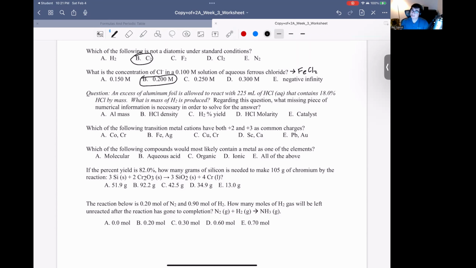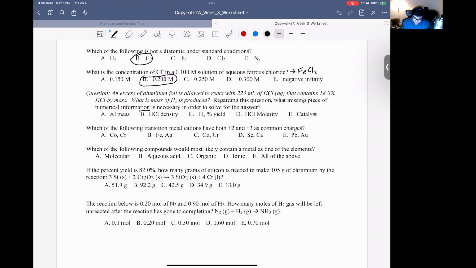So if you had the density of this, you could find the total mass of this solution that is being used, and then you could take 18% of that, and then you would have your amount of HCl being used, and then you could convert that into moles of HCl. And then again, you could convert those moles into H2 being produced, with your balanced reaction. So the missing piece of evidence here is going to be the density. Actually,